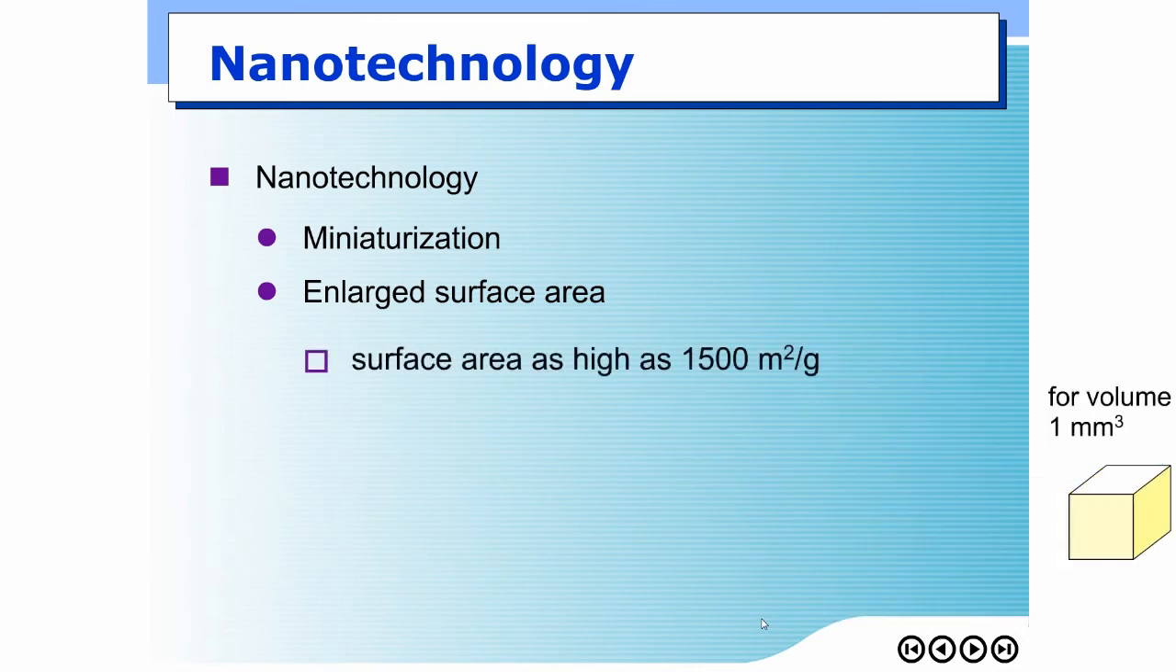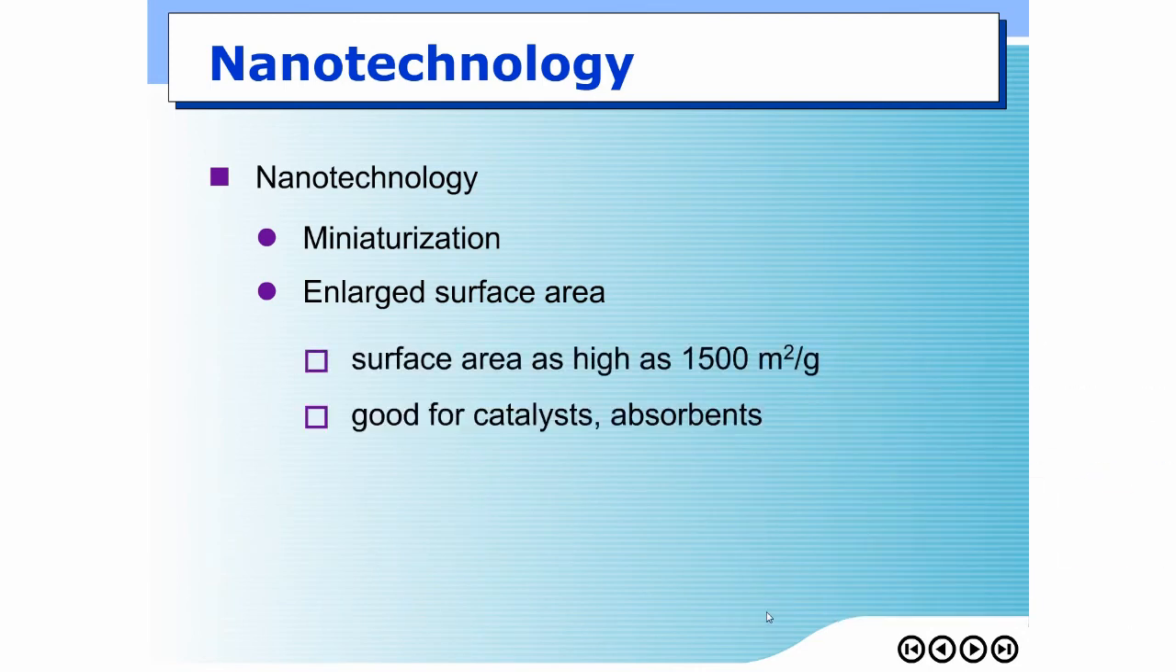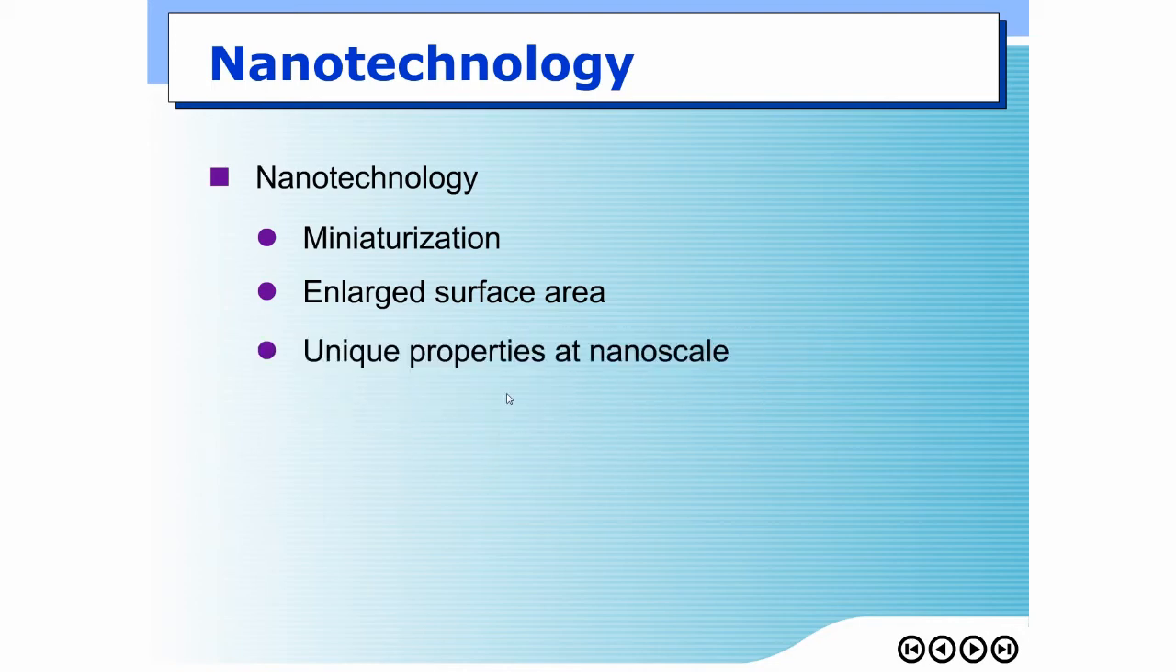Alright, so right now we can increase the surface area of particles, 1 gram of particles, to have a surface area as high as about 2,000 square meters, which would be very good for catalyst or absorbent or even ion exchange resin. Alright, but